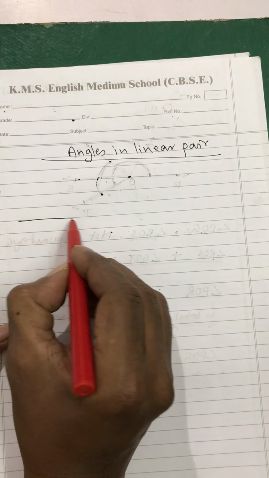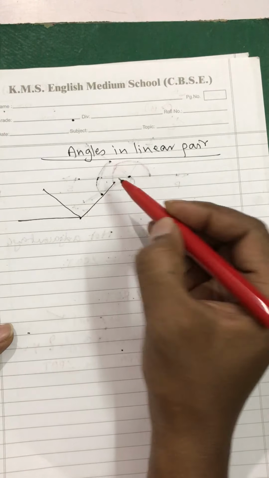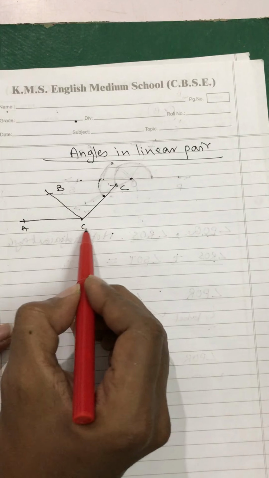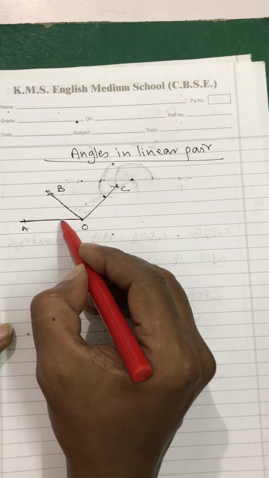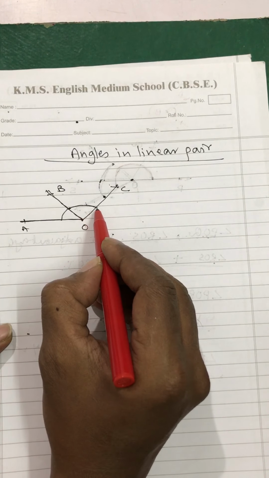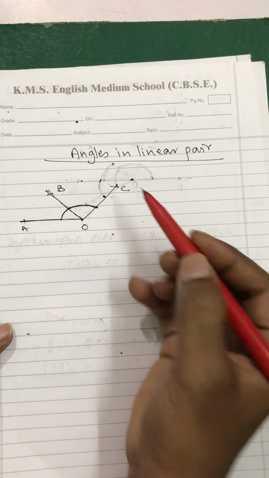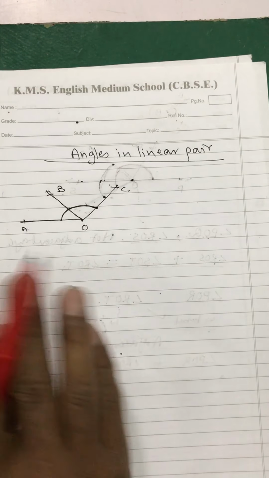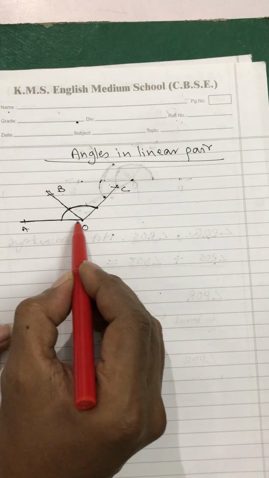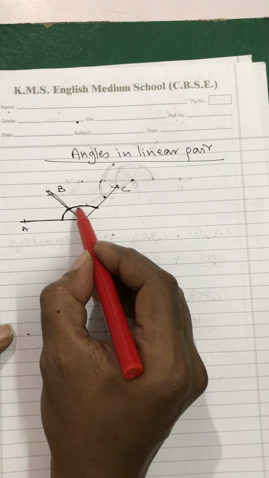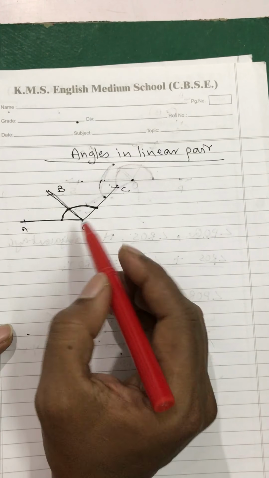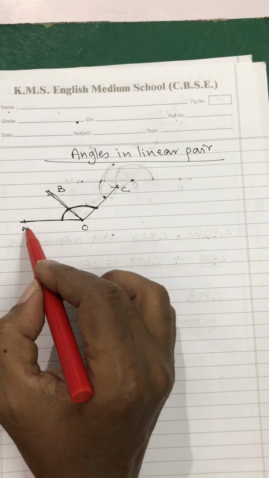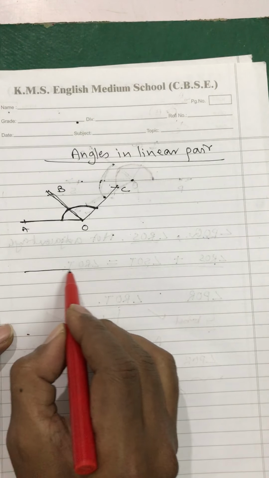See, if this is there, fine, this is A, B, C. Angle AOB plus angle BOC will be angle AOC. Right? Forget about the equation. First of all, are they adjacent or not? Yes. Angle AOB and angle BOC are adjacent angles. But when you frame these angles, how are they behaving? They are just forming angle AOC. Come on, now let us see the next one.